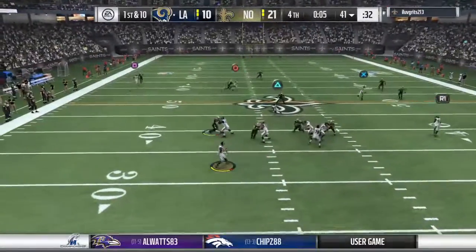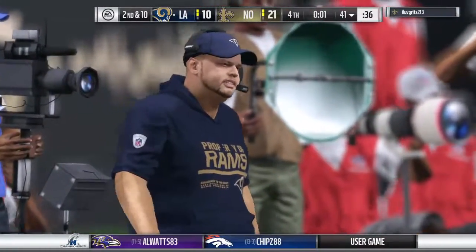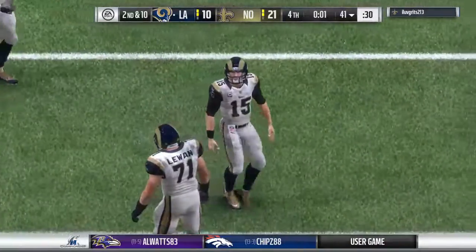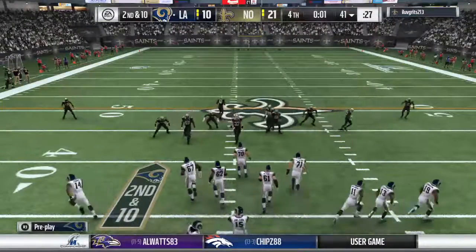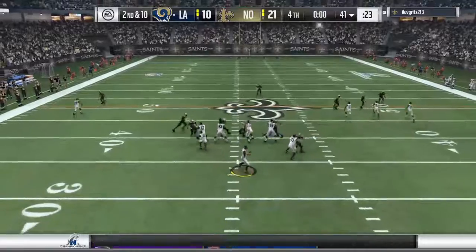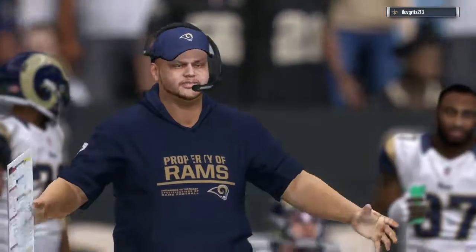Now a play fake here on first down. Now a desperation throw deep downfield. And nearly picked off. Surprising to see a defender of his caliber let it get away. But it does get away and it's 2nd down. Ten yards still left on 2nd down. It's do or die for Dalton. And he's taken down here by the Saints. And Charles, you know what coaches always tell us. We want to